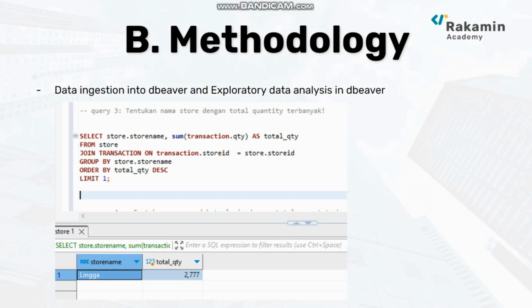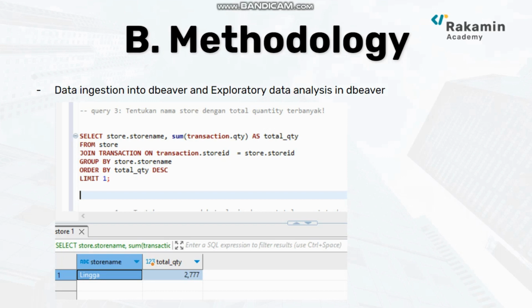We're going to join the transaction with the store data with the key store ID, and group by the store name, order by the total quantity, and limit it to this one. So the store with the most quantity is